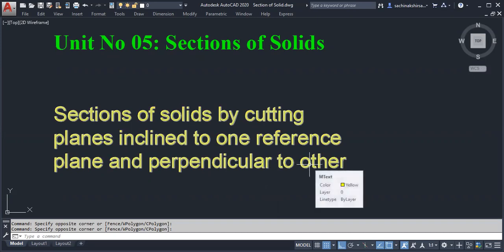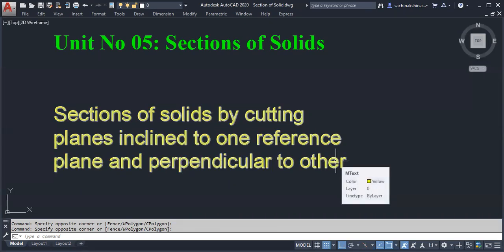Now I will ask a question related to projection of plane. Now you should be able to answer. If you are able to answer, this chapter is almost nothing for you. What is the property of that cutting plane? My first question: how is the cutting plane shown in orthographic projection? Is it by dotted line, dark line, or center line?